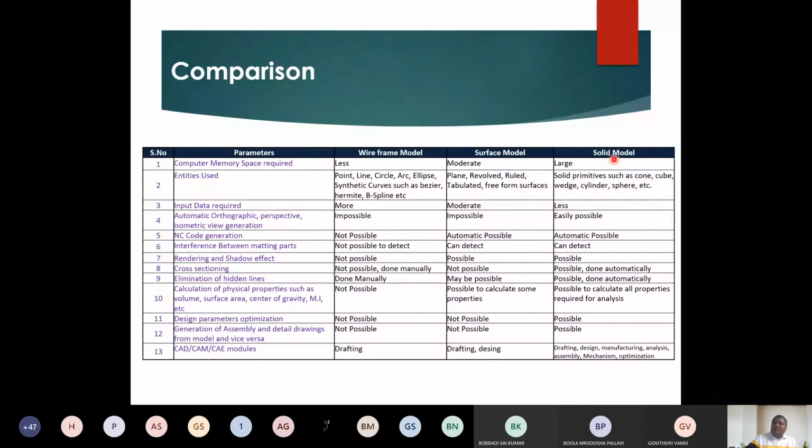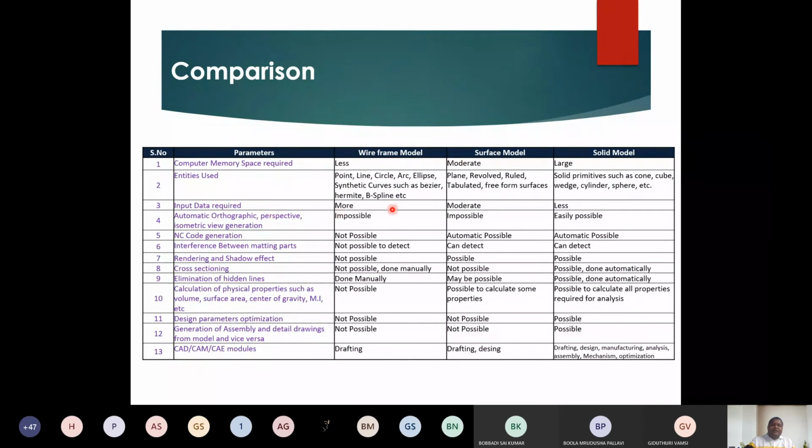And if you look at the solid model, the kind of options that I can use are, on top of these tools, I can also directly create a cone, a cube, a wedge, a cylinder, a sphere. These are solid primitives. Solids also I can create directly. And on top of this, I can apply Boolean operations. There are two different techniques available to come up with the final solid model by using the primitives. We discuss all the things in the subsequent lectures.